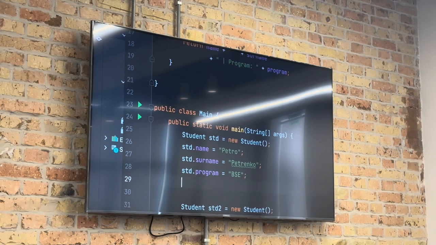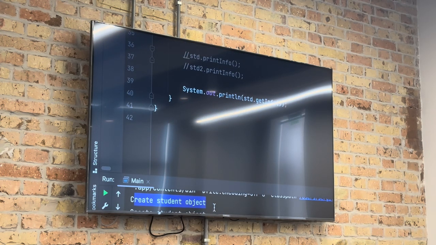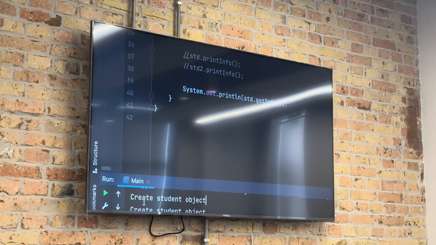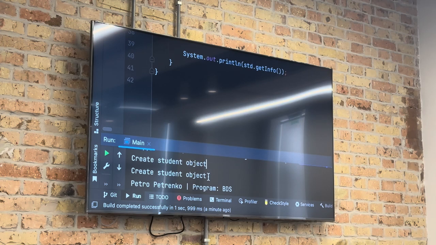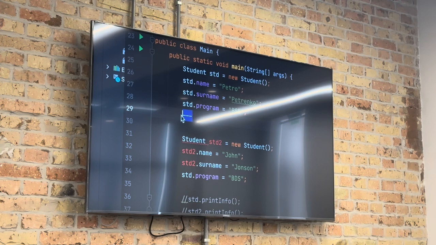So if you output something here, you will see that when a student is being created, this "create student object" will be output, then another output, and only after that correspondingly this other constructor. Yeah, question. So it means that in our class Student we created a method that is called Student. That is called automatically when a student object has been created. A little bit longer sentence, but you should actually understand that. Inside our class Student, we have a method